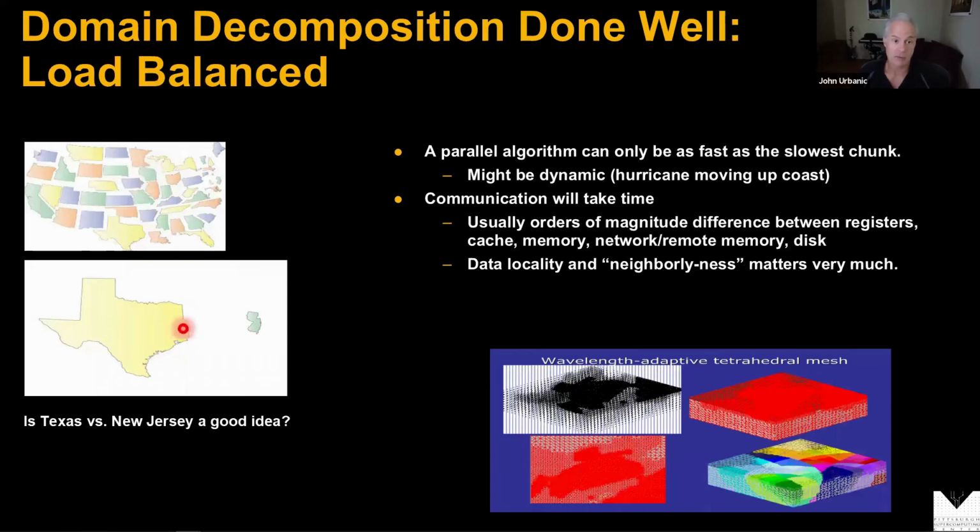So with our weather map, for example, if we did a naive thing like break our weather map up into 50 states, which, to be fair, I suggested early on might be a simple thing to do, we would find ourselves with a real problem here, because the PE responsible for Texas has a lot more work to do than the PE responsible for New Jersey. So when our weather model runs, this one's done real soon and is twiddling its thumbs, and everybody's sitting around waiting for Texas to finish up. And so this is going to waste a lot of computing power. So we want to load balance.